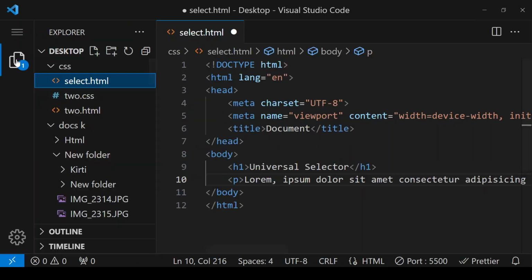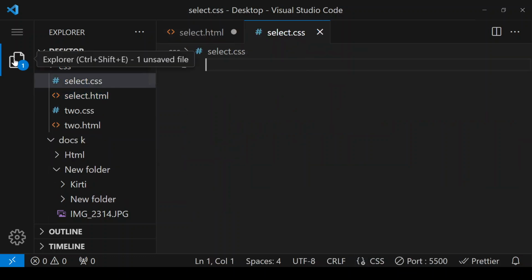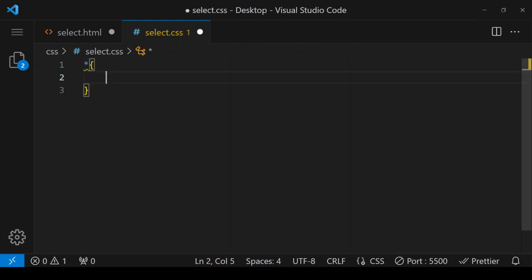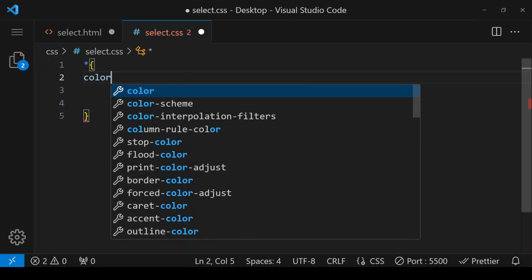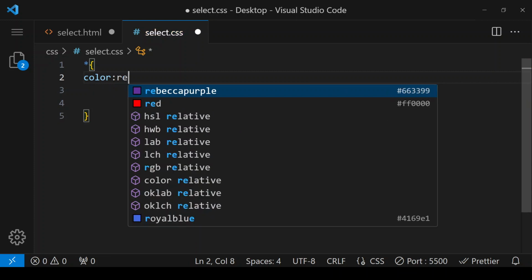I'm creating one more file and I'm giving it the name select.css. In this file, the Universal Selector is given by an asterisk sign, and then we have to start our curly braces. Within these curly braces we have to apply all the formatting which we want to apply on that page. So I'm giving here color of my text should be red,